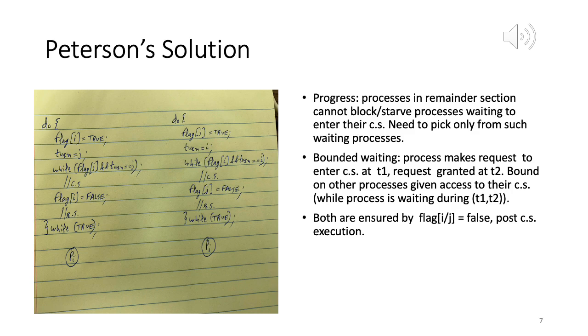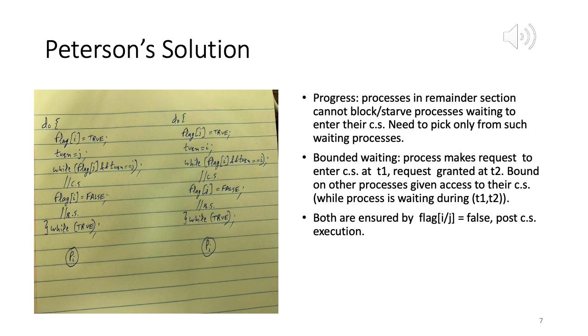In this way, all conditions are satisfied. Mutual exclusion condition is satisfied. Only one process will be in its critical section at any point of time. The turn variable ensures that. Progress and bounded waiting both will be satisfied. The flag equal to false will ensure that part. So now in this way we can say that Peterson's solution properly and correctly solves the critical section problem for two processes. I hope it's clear.